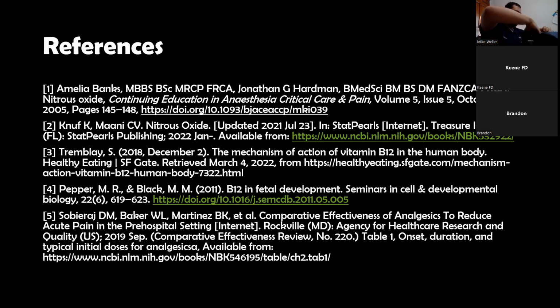So this is the actual system. We've got the nitrous oxide tank already screwed on through the port on the side of the system. This is a mixing chamber, and then it hooks up to oxygen. Now, one of the important things that you guys are going to want to keep in mind when you get this system